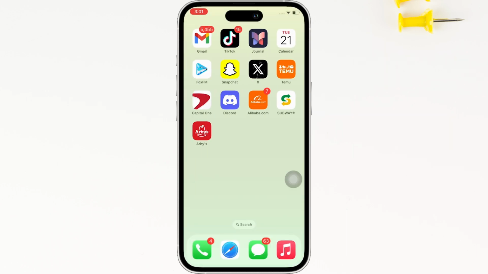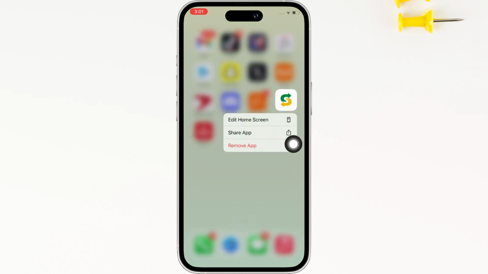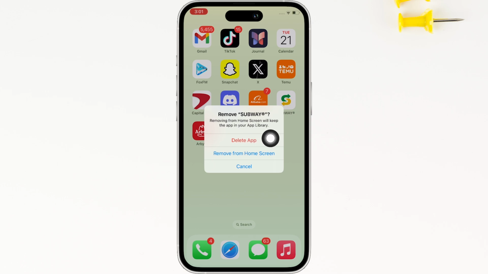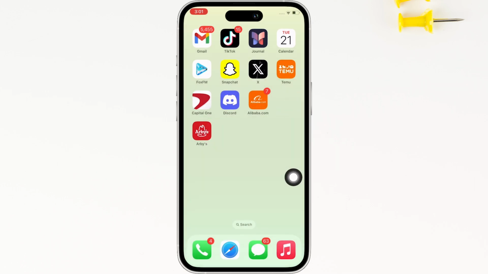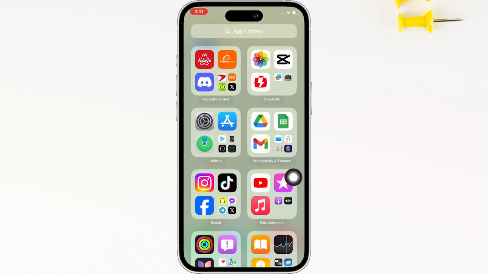To delete, go to your home screen and tap hold on the Subway application. You will see the Remove App option, tap on that, and then tap on Delete App option. In the pop-up that appears, tap on Delete again and then go ahead and open App Store and tap on